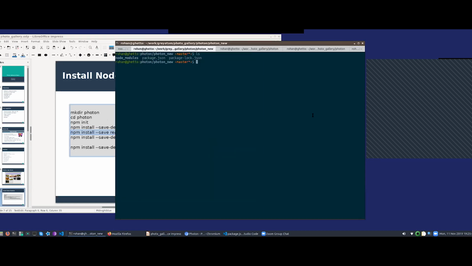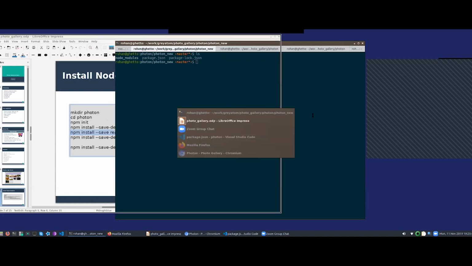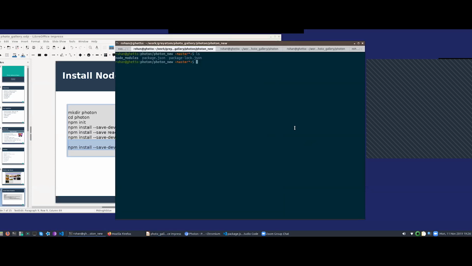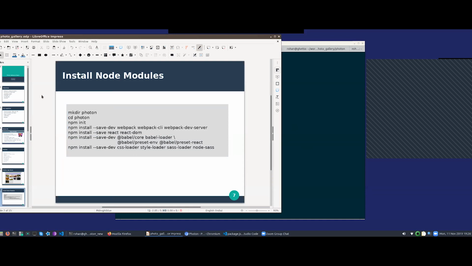So you know what, I'm going to skip this part because you will have this code and everything will be put on GitHub. You'll be able to see the code later, but the idea is simple. You're installing Webpack, you're installing React, and then we come to something called Webpack loaders. Next, after we install our node modules,